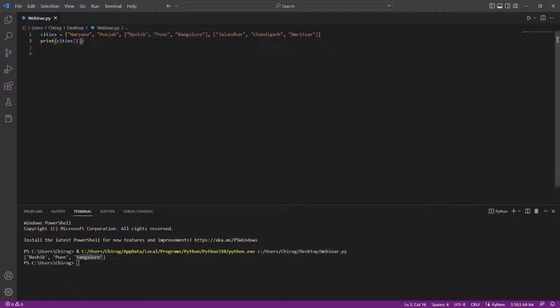Then I'll add a new square bracket and I'll say I want the index number 1. Save this again, run the script again, and you will get your specific output called Pune. Make sense? Similarly, if I want to add some element inside this list,